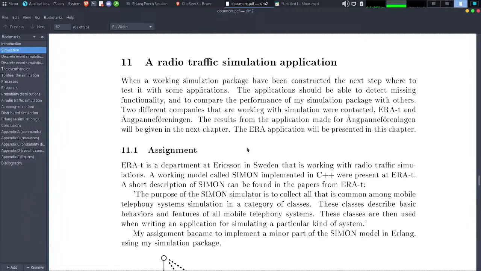When a working simulation package has been constructed, the next step was to test it with some application. The application should be able to detect missing functionality and to compare the performance of my simulation package with others. Two different companies that are working with simulation were contacted: ERA-T and